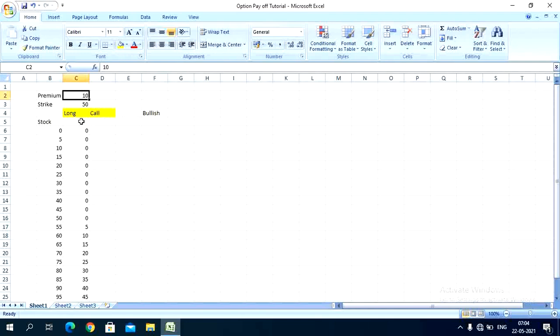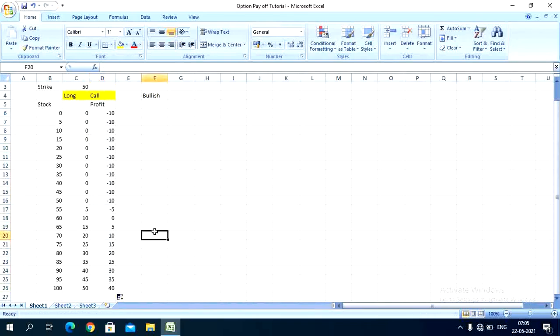So here, if this is the option's value, but when I'll be calculating the profit diagram for you, as you have already paid 10 rupees here, what I can do here is, it would be the option's value minus the premium you have paid, right? Premium is 10 rupees. So I can put a dollar in between so that it would be static, it will not move. Okay, now I can drag it up to 100. So you can see here at this level, I'm just highlighting it.